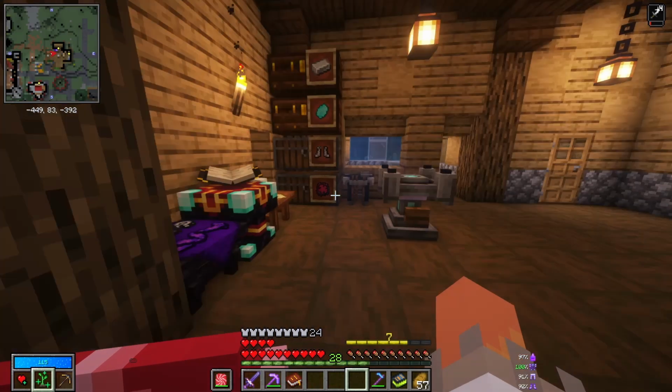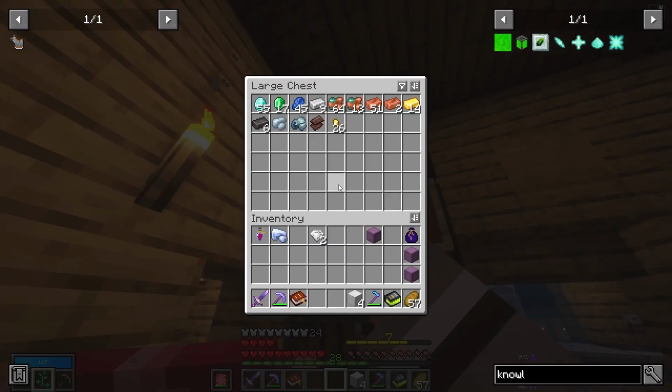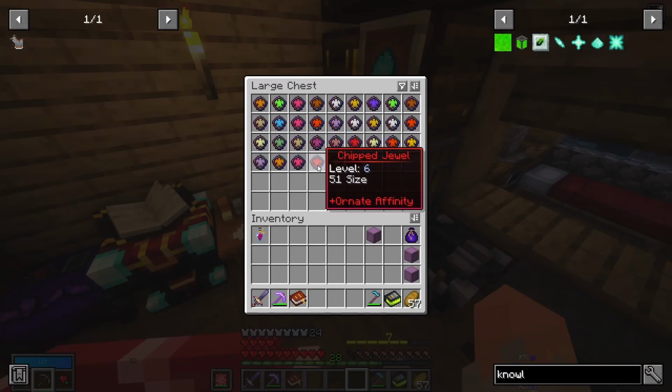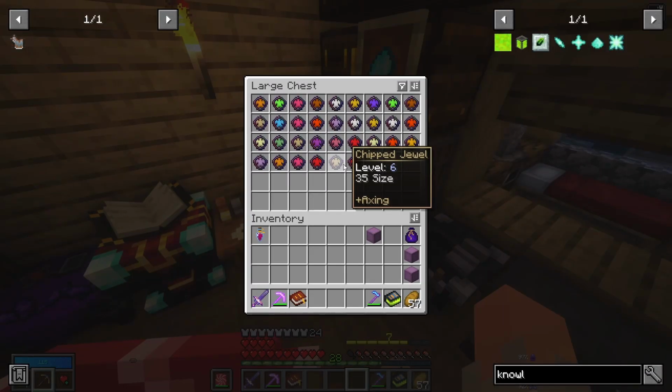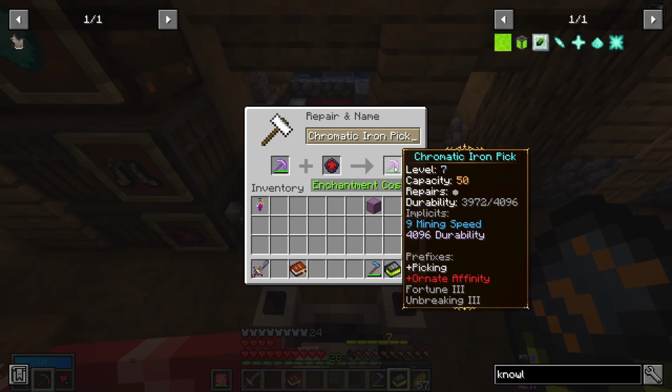We could just toss this aside for now. We do get a chip jewel out of that. And maybe I'll have enough iron to make an anvil here. Then with the anvil, we can actually apply any of these chip jewels to our tools. Oh, look, that rhymes. For example, if we wanted to add this ornate chip jewel, we could toss that on